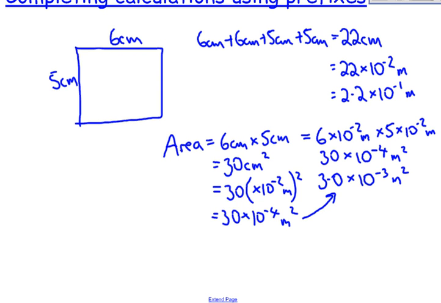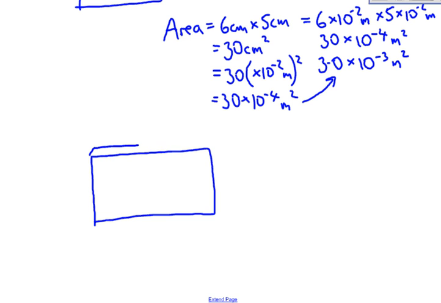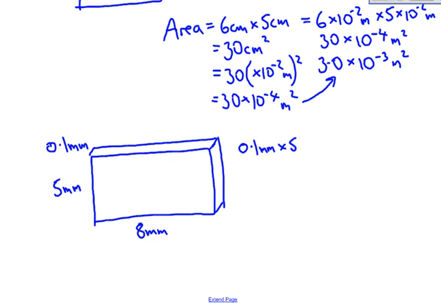Now instead of that, we're going to look at a cuboid, and this time we have a cuboid that is a thin slice of material such as that, and if we say that that is about 0.1 millimeters thick and 5 millimeters high and 8 millimeters long, in that case, if we wanted to find the volume of that cuboid in millimeters cubed, we would simply do 0.1 millimeters times 5 millimeters times 8 millimeters,